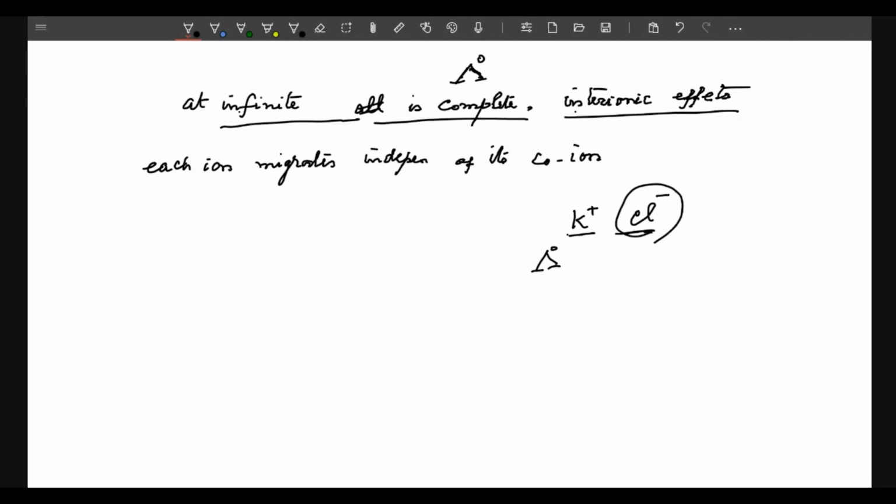I have already told you the movement of one ion is affected by the nature of the other ions, the co-ion present. But at very dilute condition, the number of ions is very, very small, and the distance between the ions would be very large. Hence, the interionic effect completely disappears. In the dilute condition all the molecules exist as ions. Therefore, in that condition, Kohlrausch indicated that any ion will migrate independently of its co-ion and contributes a fixed value